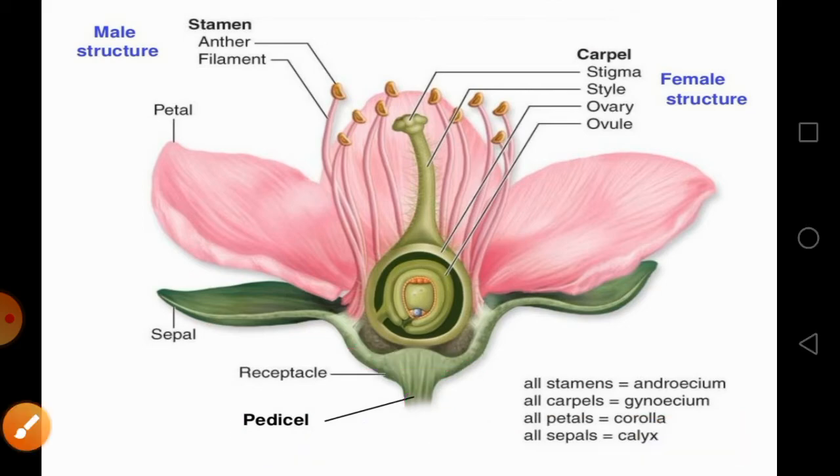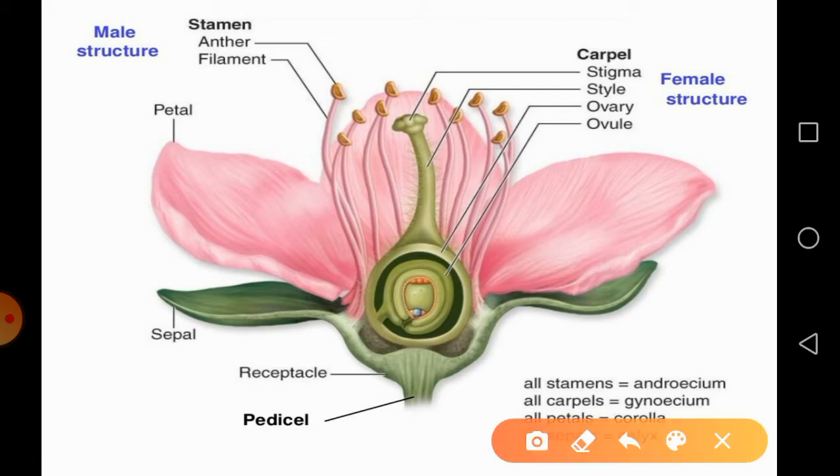So sometimes you can see a hair-like structure on this pedicel, a white or hair-like structure is present on this pedicel. So that is called bracteoles, okay, that is called bracteoles.